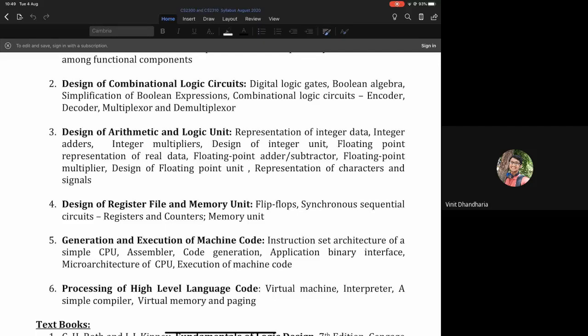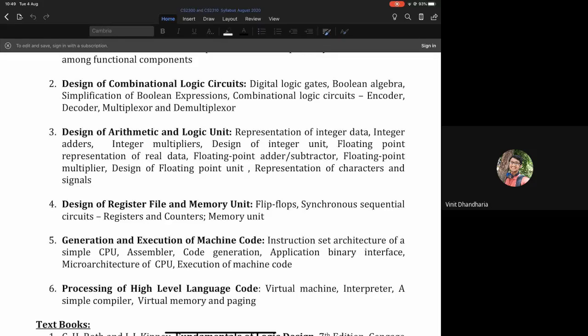And we're also going to focus only on the synchronous sequential circuits, where all the flip-flops will be controlled by a common signal called the clock signal or the control signal. And some of the building blocks that we'll be making use of are the registers and the counters. And of course, the main unit that we are interested in using sequential circuit elements is the memory unit. So that's what we'll be focusing on in the design of the sequential circuits.